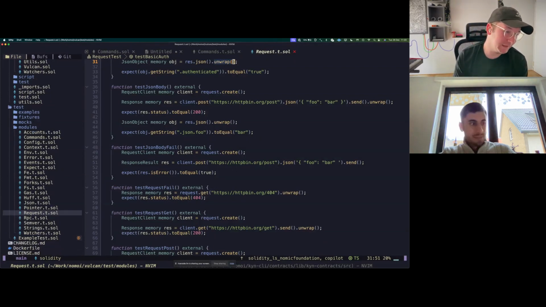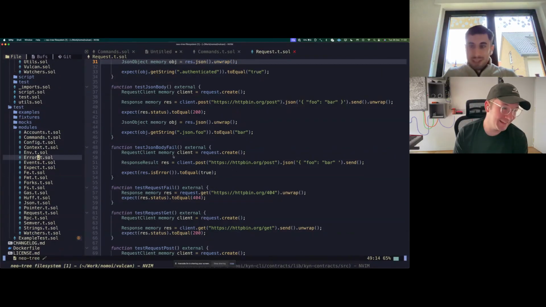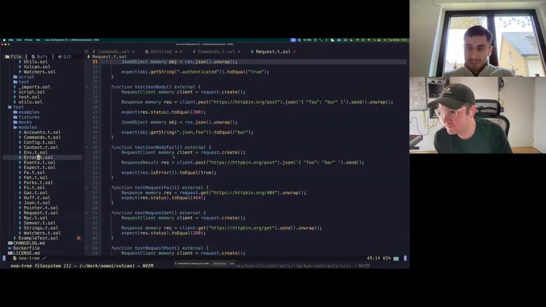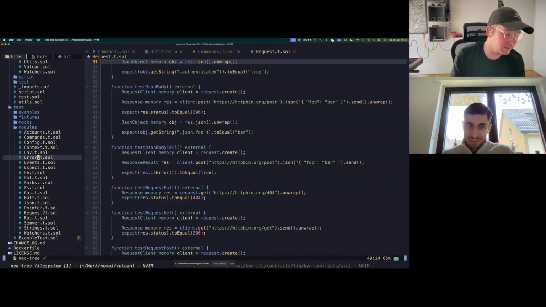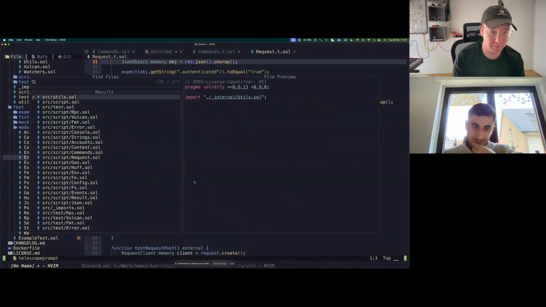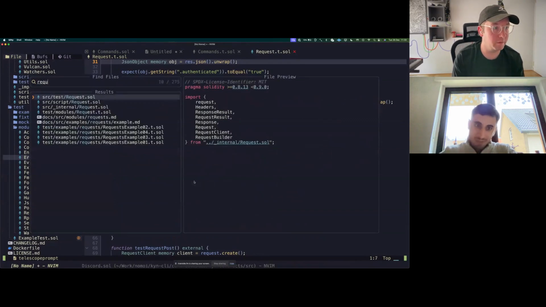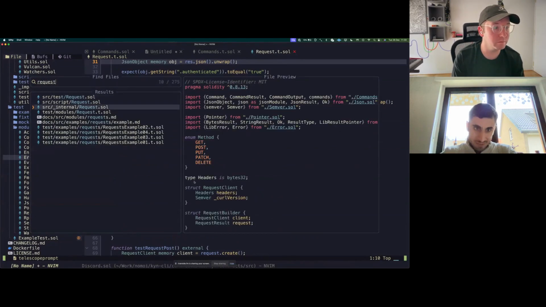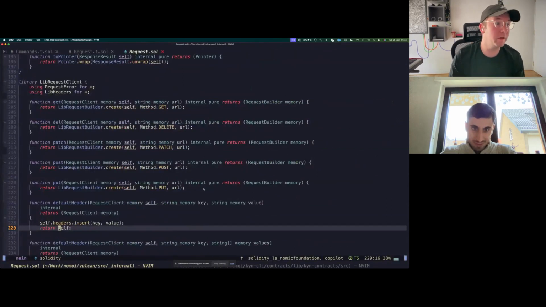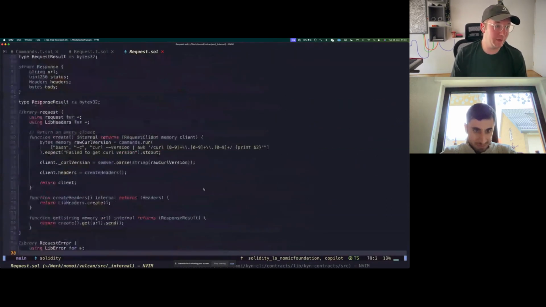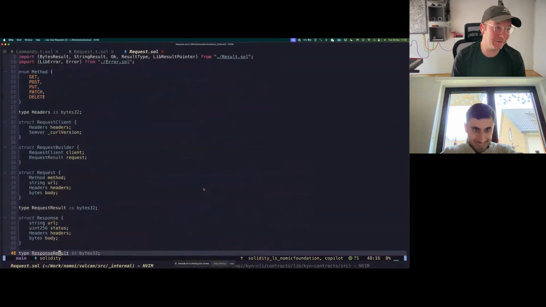But actually, I would love to take a look at the client implementation, how you wrap the curl. Oh, okay, sure. Well, let me check. Okay, so here we go. There's a lot of stuff here, but